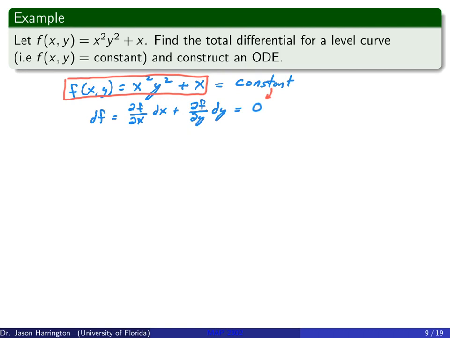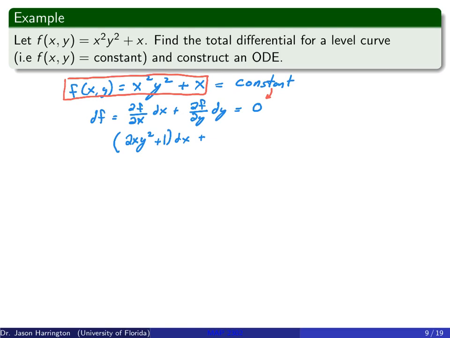So the only thing I'm taking the derivative of is x. In the first case, that's going to turn into 2x y squared plus 1 dx